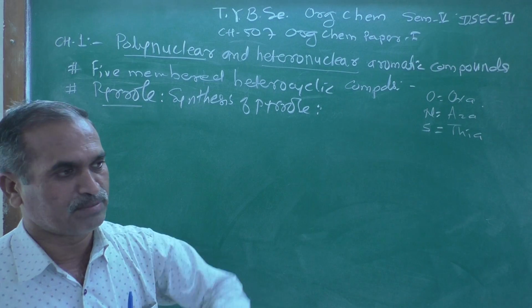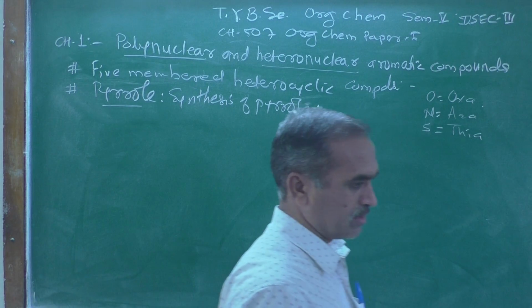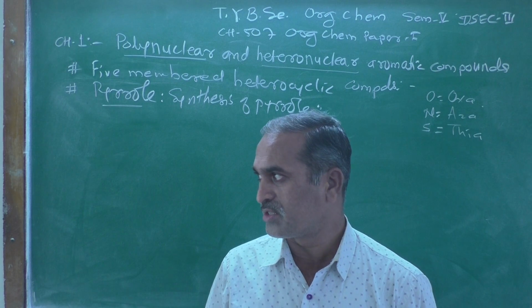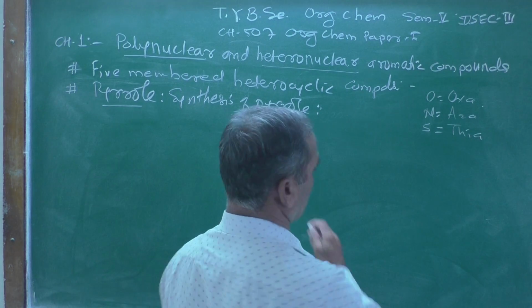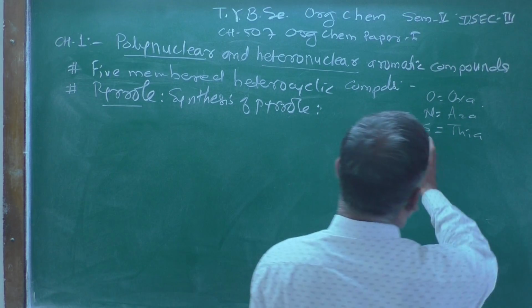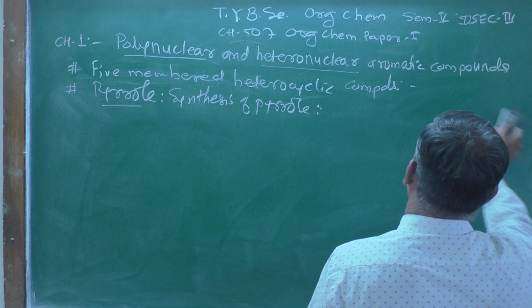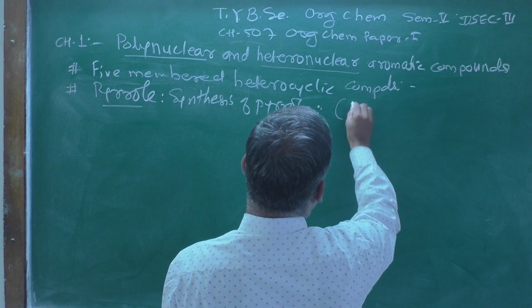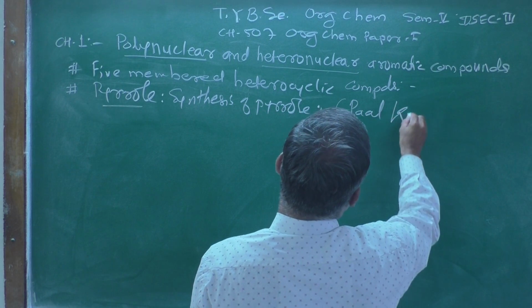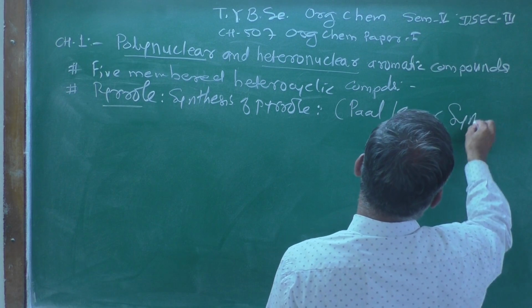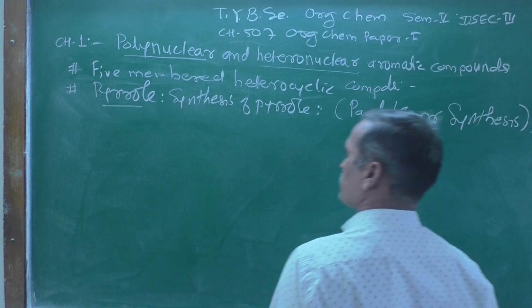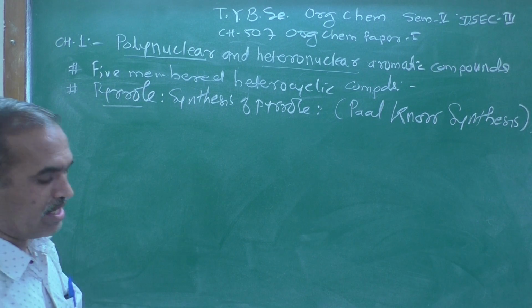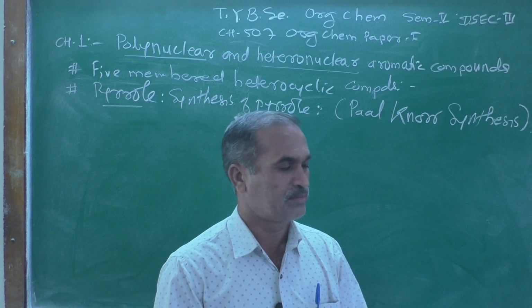Who first synthesized this compound in the laboratory? The name of that scientist was given to that synthesis. The name of that synthesis is the Knorr synthesis, we can call it. What he did, he synthesized this compound in the laboratory by taking